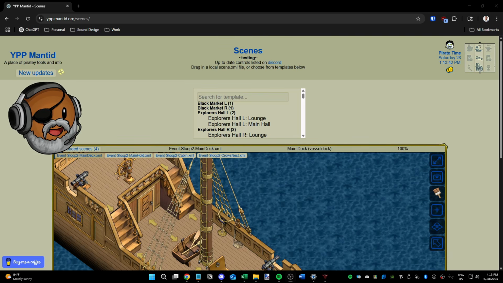And I'm here to tell you that designing is usually a lot of trouble, but thanks to Mantid, who has kind of rebuilt Yohoho Tools as a new tool,